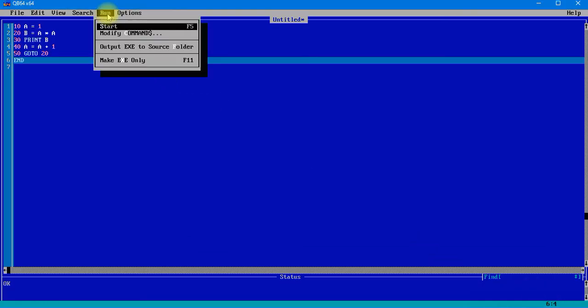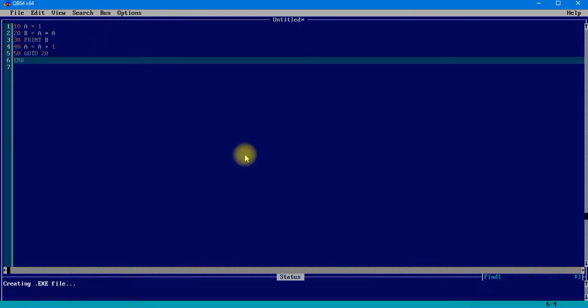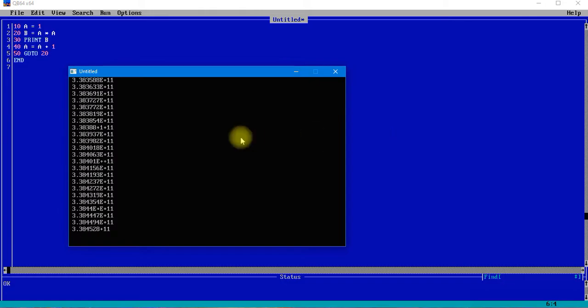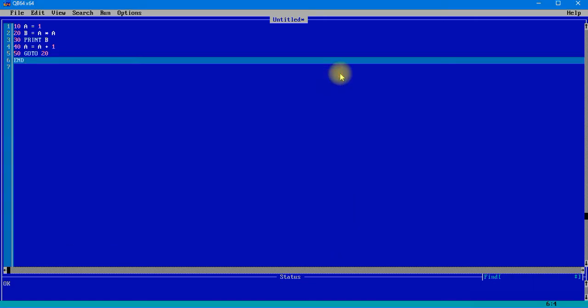Now let's run the program. Run, start, and check what happens. It is going to continuously show all the data one after the other. Let the program start. If something happens, we can always cancel the program. As you can see, it is continuously displaying, and we have not even got a chance to see anything over there. It is not going to stop ever. Okay, we just cancel it out.